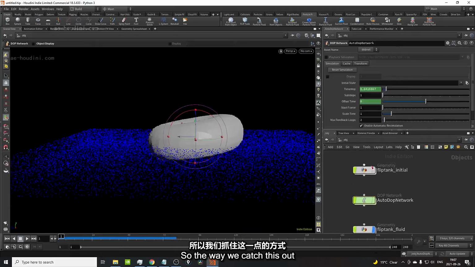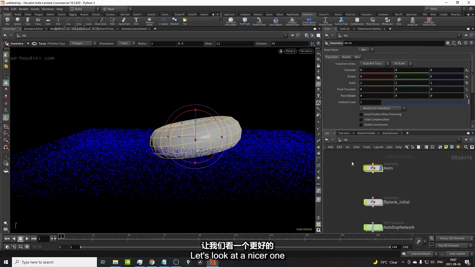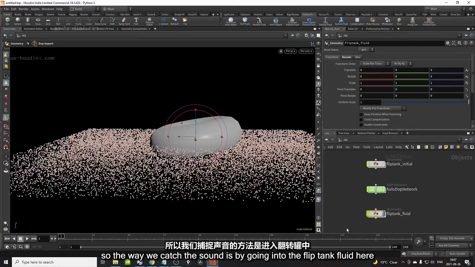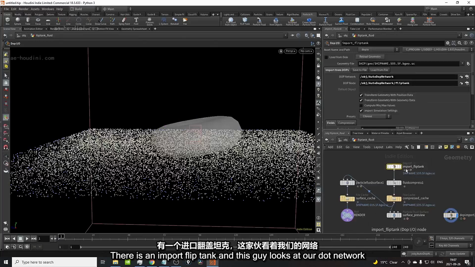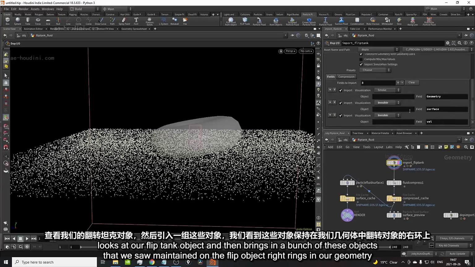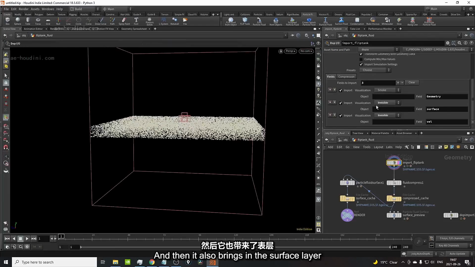So the way we cache this out, let's not look at that donut, let's look at a nicer one. So the way we cache this out is by going into the flip tank fluid here, which is just a geometry sub. And in here, there is an import flip tank node. And this guy looks at our dot network, looks at our flip tank object, and then brings in a bunch of these objects that we saw contained on the flip object, right? Brings in our geometry, which is just all the particles. And then it also brings in a surface layer, which if we show this guy,